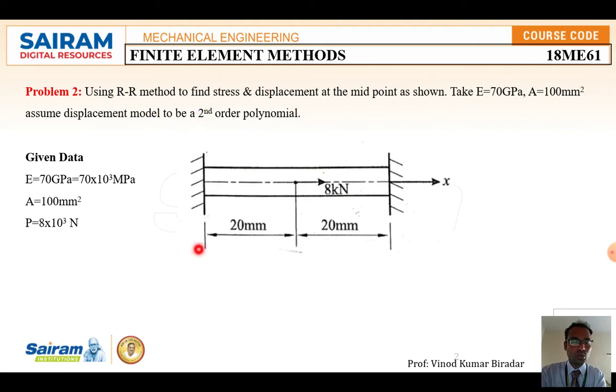I already told you in the introduction class, if you want to solve a Rayleigh method problem, you have to remember the 6 formulas. So what is the formula for a bar subjected to an axial load? For the strain energy and work potential, you have to remember those formulas, then apply the procedure, then you are going to get the answer, that is stress and displacement.